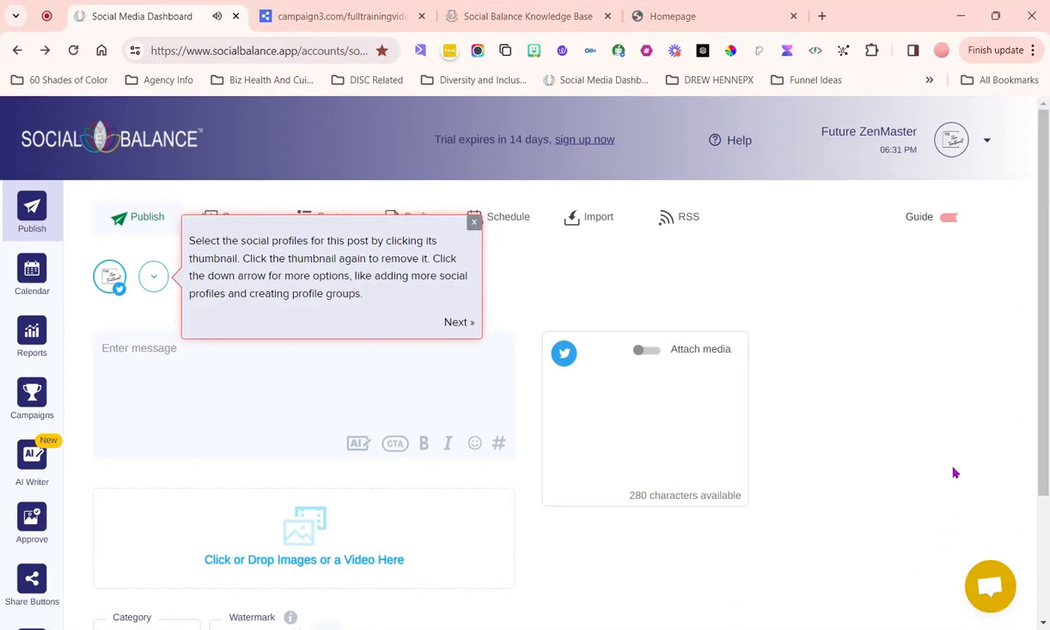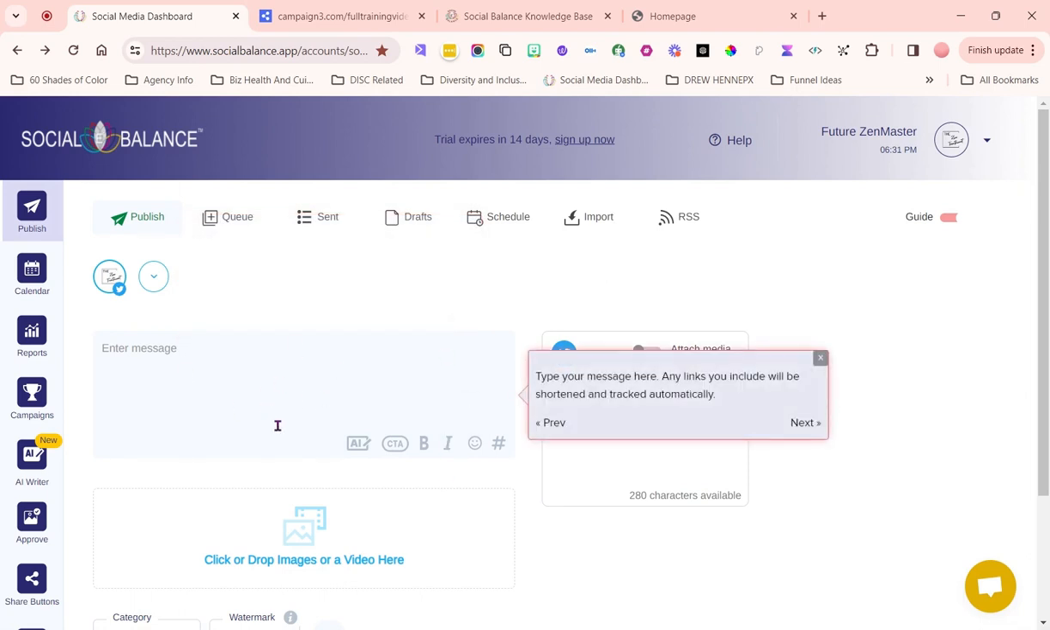When you first land on your dashboard in Social Balance, you will be prompted with our auto guide tour. And it will simply give you an option if you want to add additional social profiles to your account. This is the space where you will type your message, and you can also include links that can be shortened